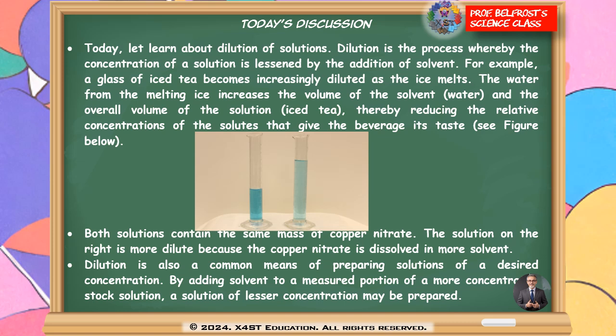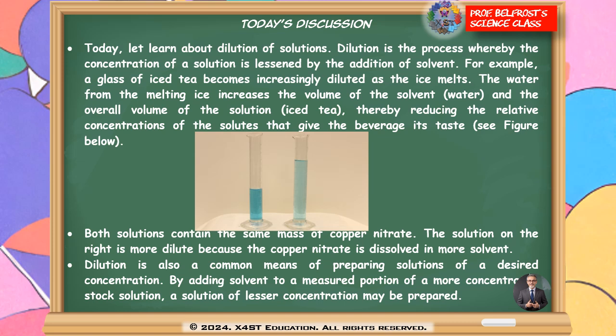Let's start today's lesson. Today I'll talk about dilution of solutions. This is a very important process. Dilution in chemistry is the process whereby the concentration of a solution is lessened by the addition of solvent. For example, a glass of iced tea becomes increasingly diluted as the ice melts. The water from the melting ice increases the volume of the solvent and the overall volume of the solution,